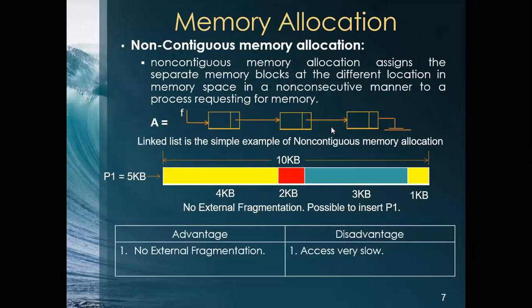Okay, let's go here. In non-contiguous memory allocation, we don't have the external fragmentation problem, but the disadvantage is that access time is very slow. Why? Because if the first value is at 500 and I ask you where the second is, there's no surety. The second one might be at 200, the third one might be at 700, because in a linked list everything is non-contiguous. That means the data is scattered all around the computer memory, and that's why it takes a slow access time to access all the memories.